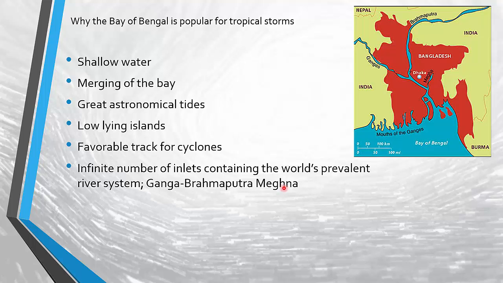It is not clear why the Bay of Bengal experiences the most storm surges. However, scientists have narrowed it down to the possible reasons of shallow water, merging of the bay, great astronomical tides, low-lying islands, favorable tracks for cyclones, and an infinite number of inlets containing the world's prevalent river system: Ganga, Brahmaputra, Meghna,